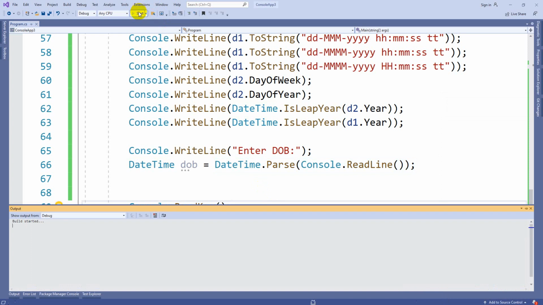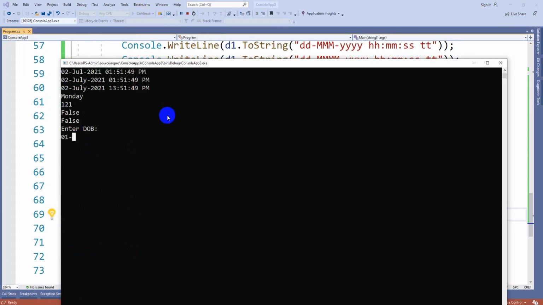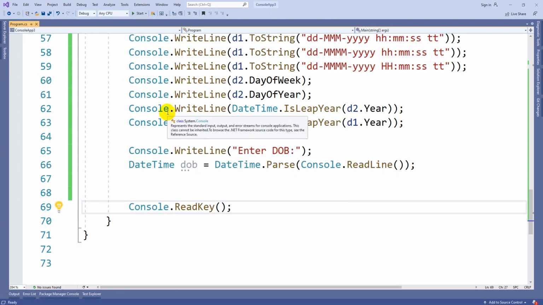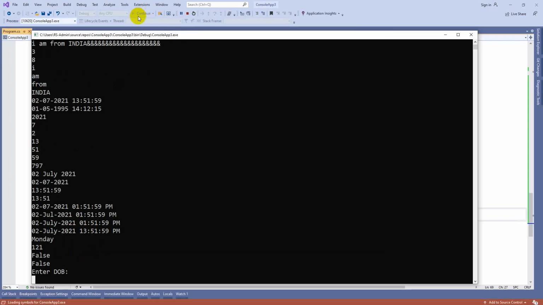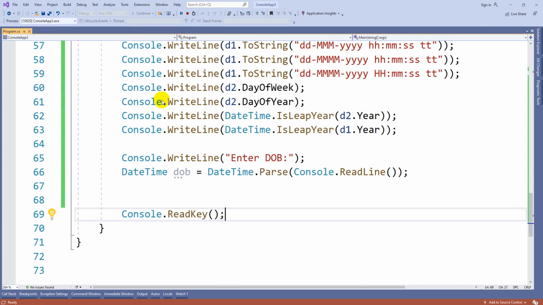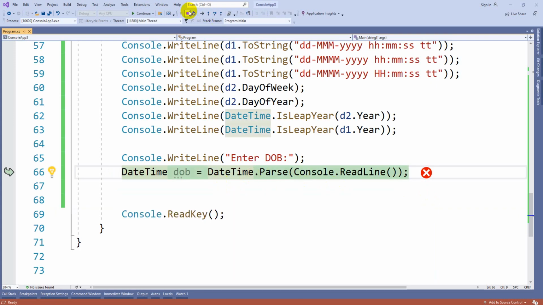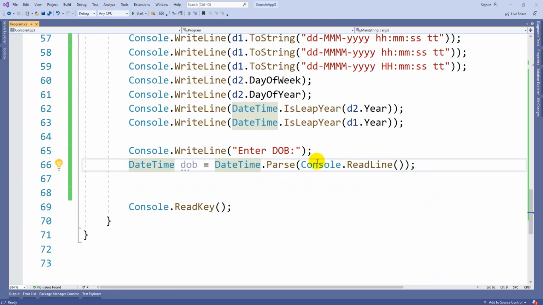So I need to enter 01, then the 12th month and 2015, like this. Then there will be no error. Suppose you interchange and take your own order, like 12th month, 31st date and 1998, then you will get an error, because whenever I use the Parse method, I have to enter the date as per my computer settings.